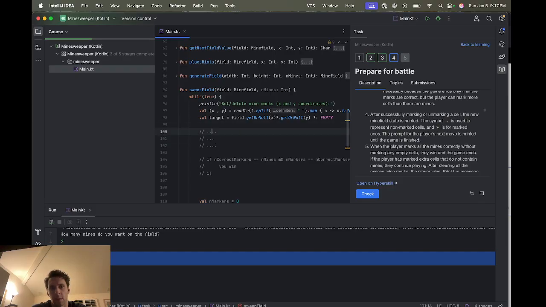Let's make this even simpler right now. X here, so this would be 1, 1, 1. Okay, that's our field. Now let's say we put, let's do this. N markers and correct markers and n mines equals